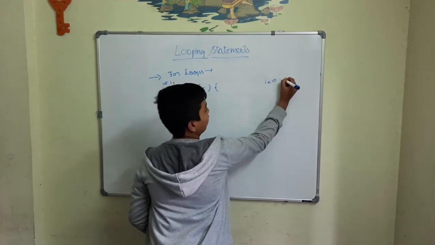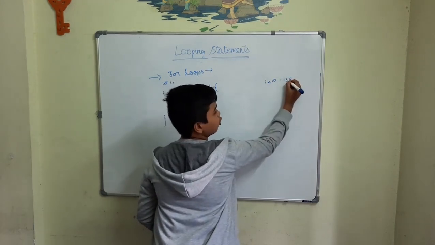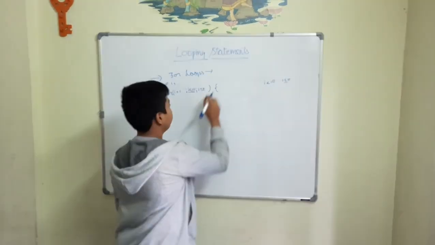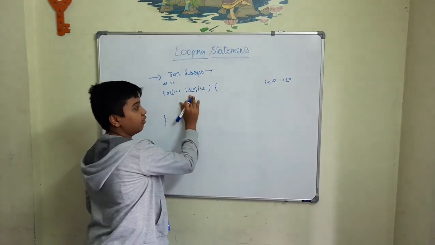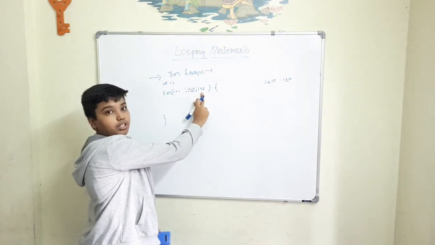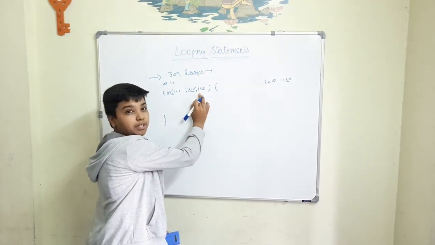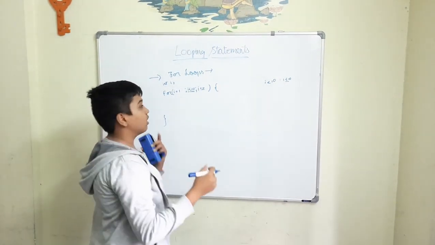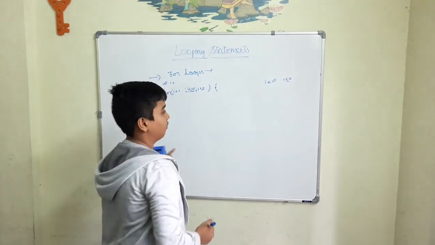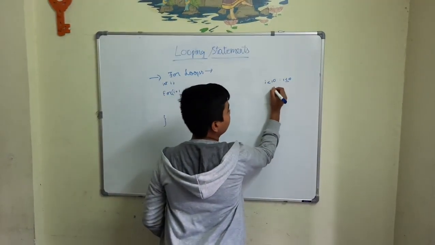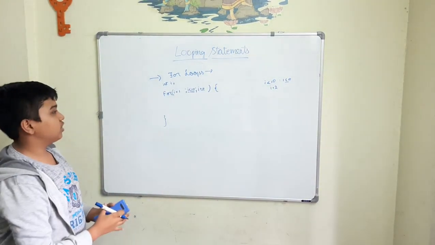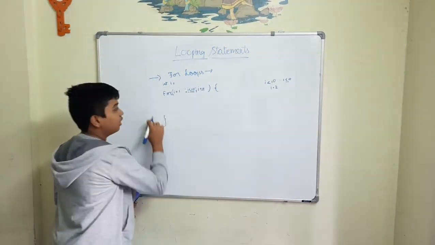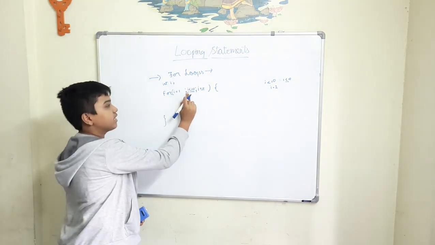Then I is 1. 1 is less than 10. It's true, because 1 is less than 10. So it goes and iterates again. And just before iterating, it also does this over here. What we gave here, I plus plus, for it to do something. So it increments the value of I by 1. So it makes the value of I equal to 2. Okay, I value is changed to 2. And then it goes back and checks again.